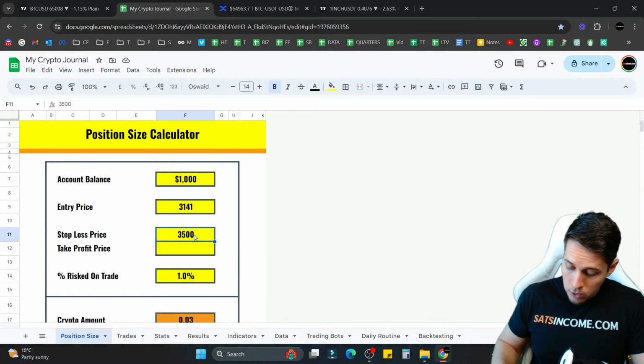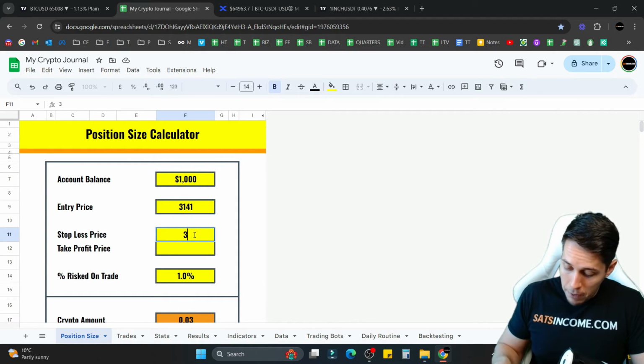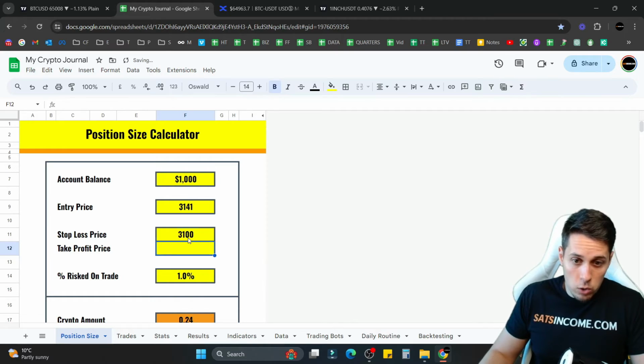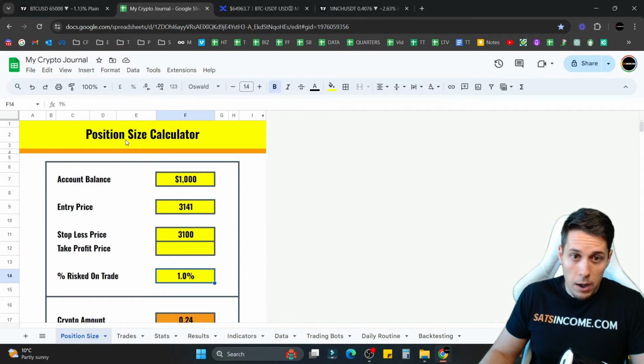So let's say that you are doing short-term trading like day trading or some scalping. In this case, your stop loss will be very close to the entry price. So it might be something like $3,100 on Ethereum. So once you add these two things, the last thing that you just have to adjust in this position size calculator in order to get the numbers that you need is